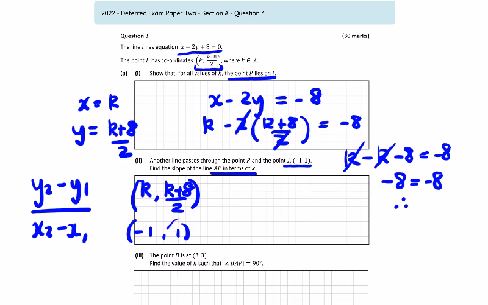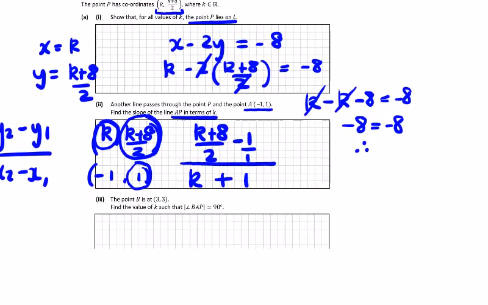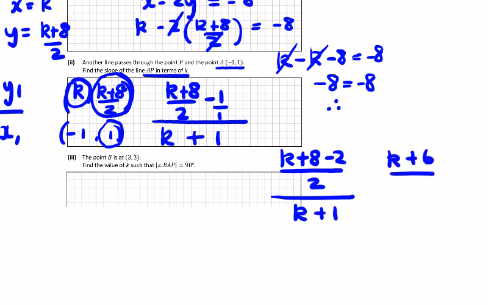So we'll start with this one being y2, well actually it might be easier to start with a fraction, k plus 8 over 2 minus 1, that will be the top part of the slope, and then we're going to get k minus minus 1 for the bottom. If we tidy this up, we'll end up with k plus 8 minus 2 over 2 on top and k plus 1 on the bottom, which is going to give k plus 6 over 2 over k plus 1,